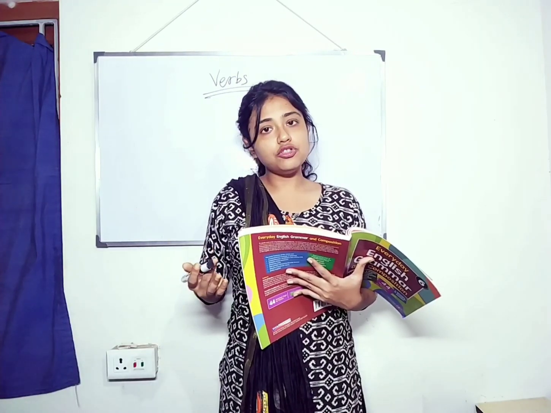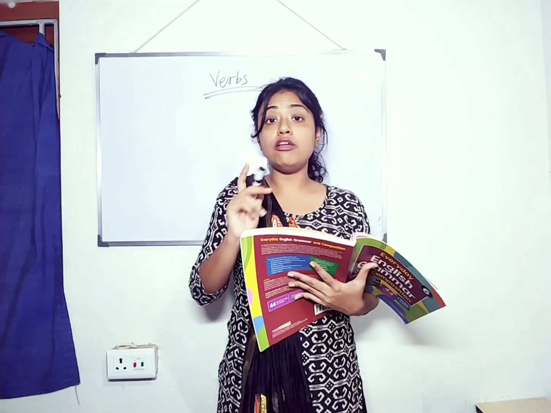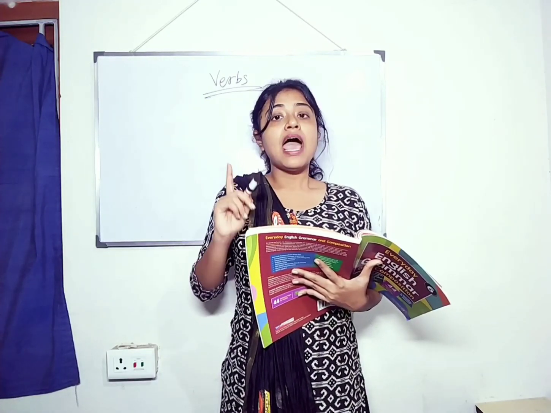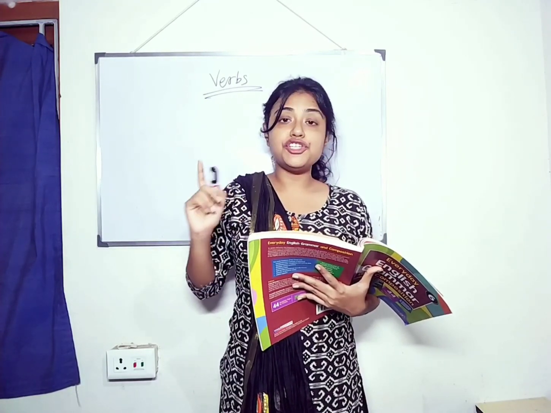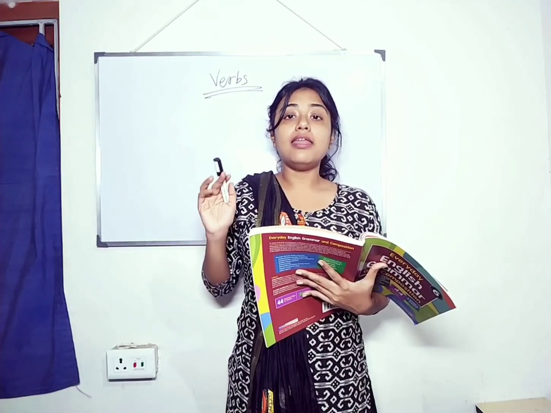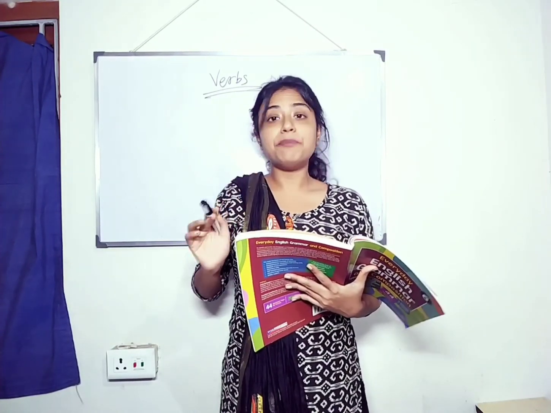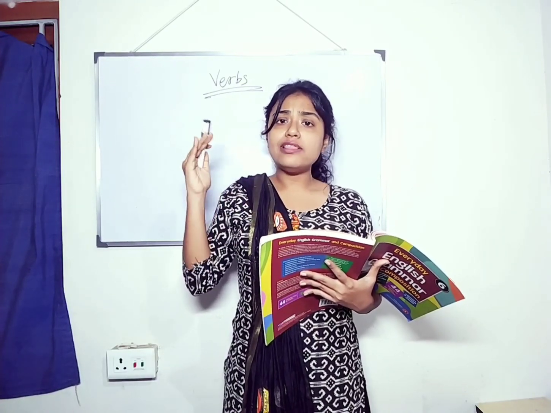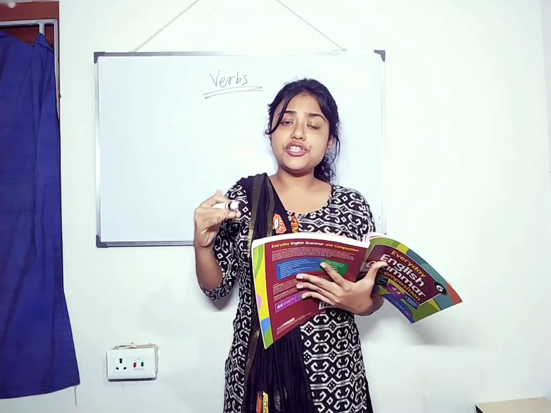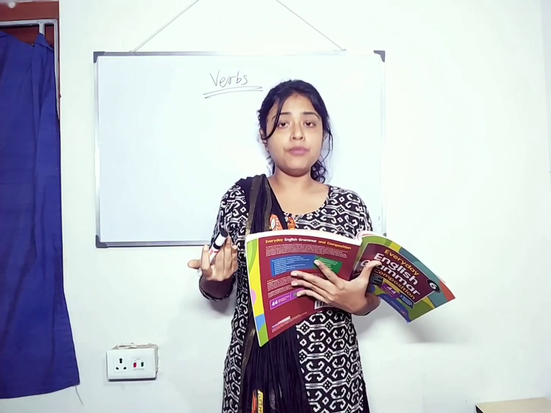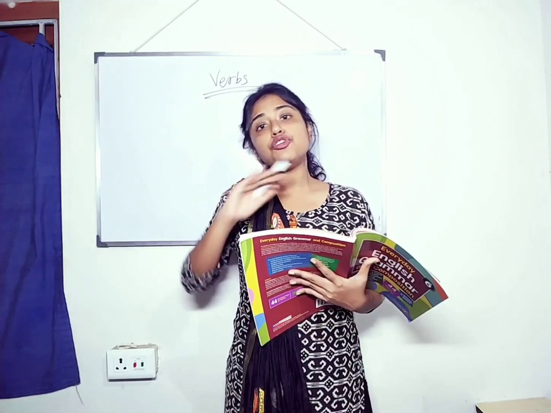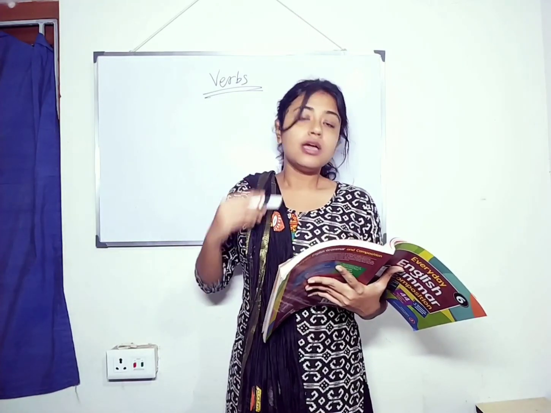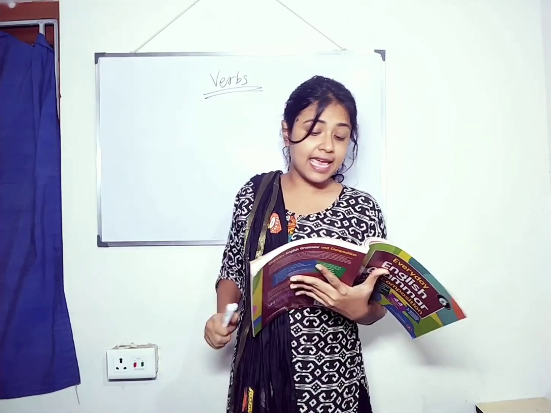So please use those copies, and for English 1 you will be making 3 copies. One copy is for grammar, another copy is for composition and letter writing, and another is for comprehension. Okay, understood? So have that copy open, and all the revision tests and all the worksheets, whatever I have given to you till then, all should be there in your copies. Understood? So let us begin with exercise A.